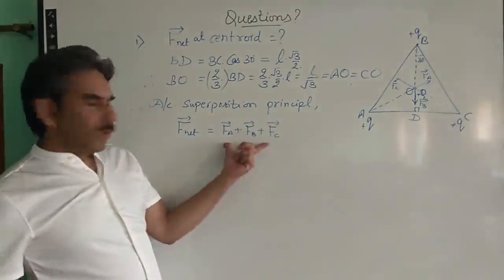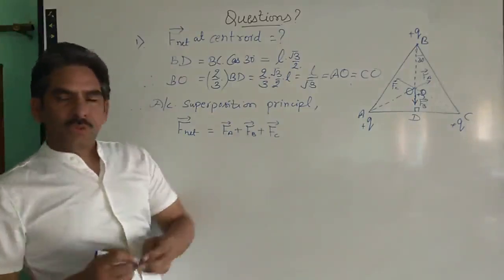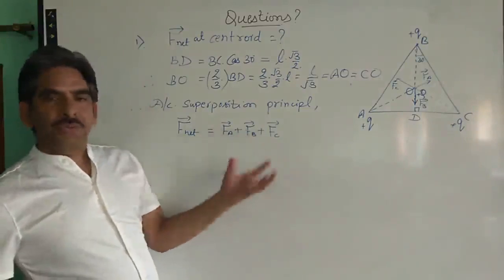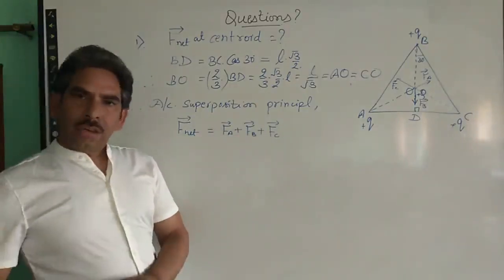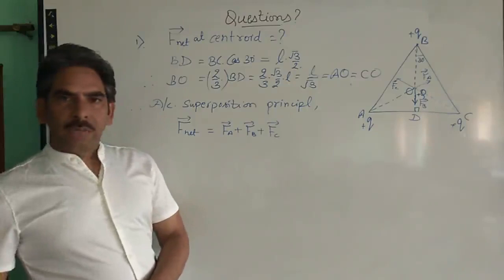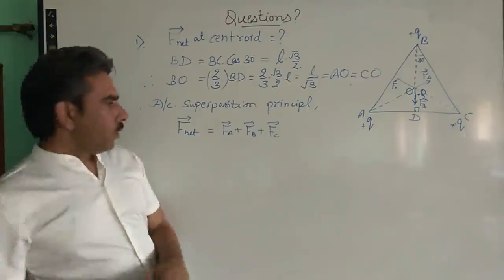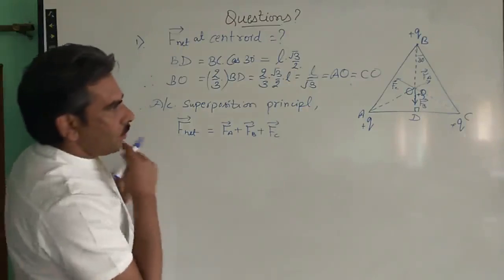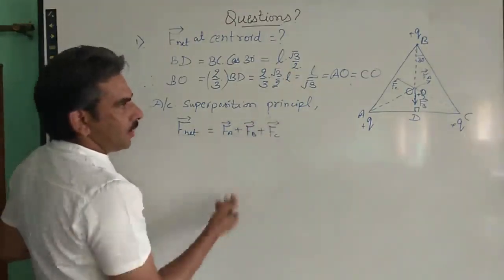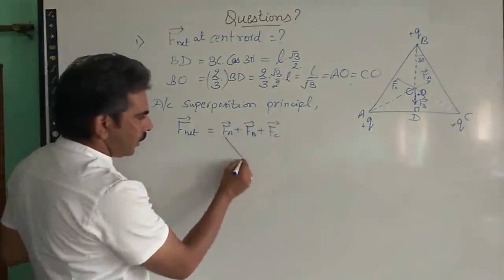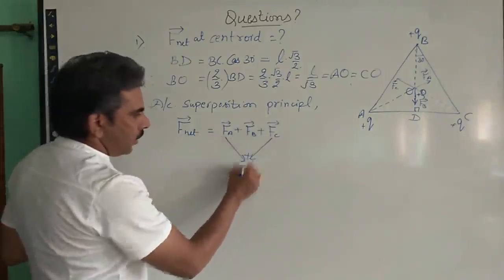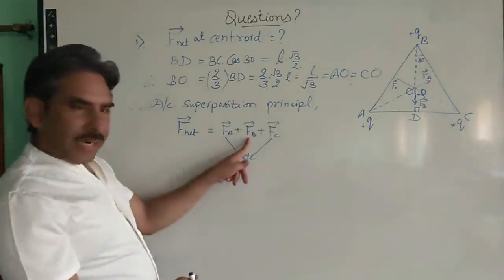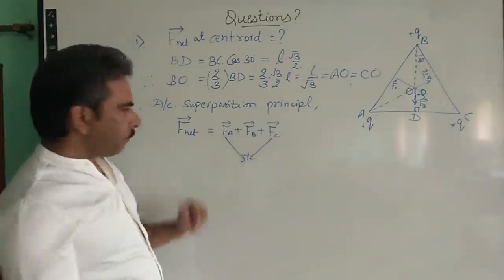Now these are the forces in their vector form, because force is a vector quantity. So in order to find the net of the vector quantities, we need to use either the triangle law of vector addition or the parallelogram law of vector addition. For doing that, we apply the law first to any two forces. For example, for simplification, we use the resultant of Fa and Fc first. Whatever resultant comes out, we may then find the resultant with Fb.